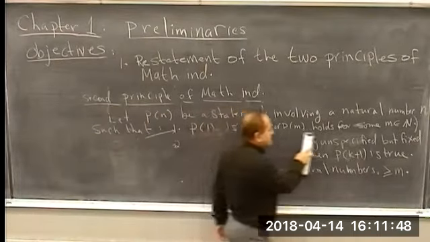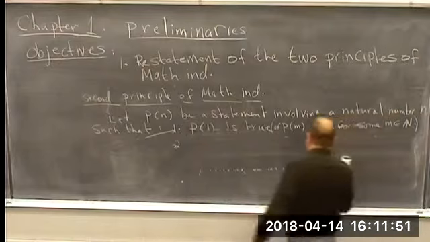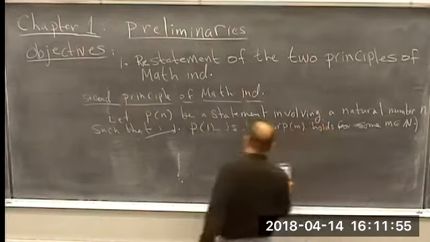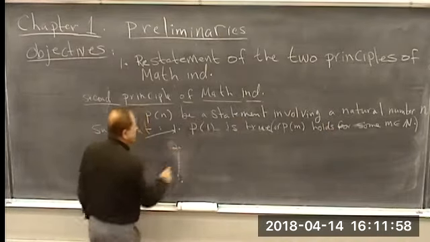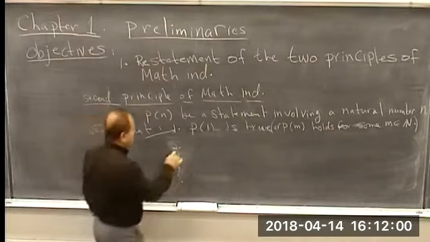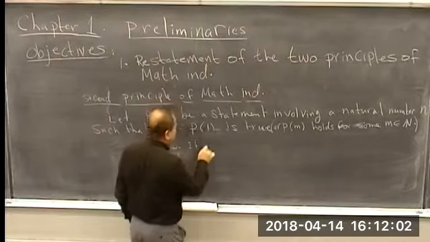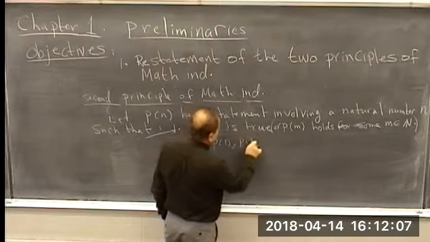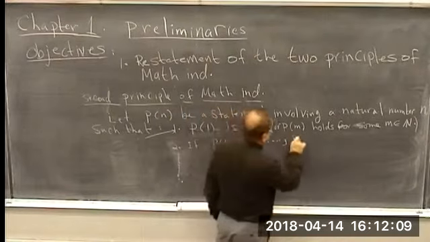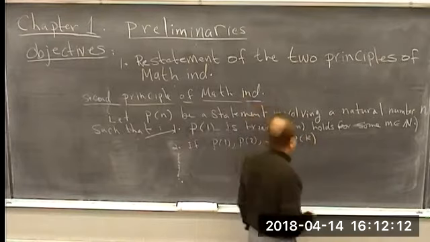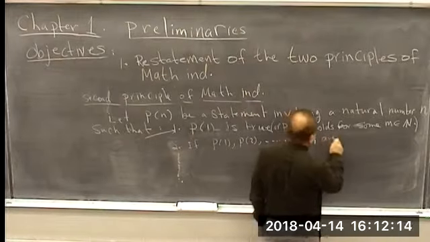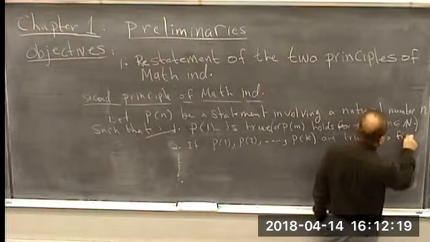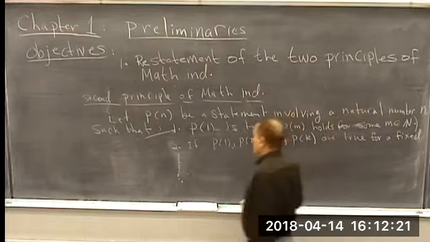The second condition that we need to be satisfied is, if P of 1, P of 2, up to P of k are true for a fixed but arbitrary k,